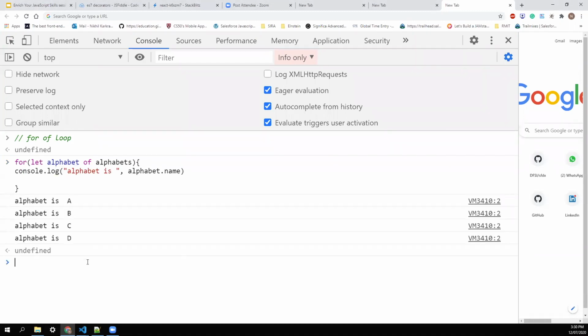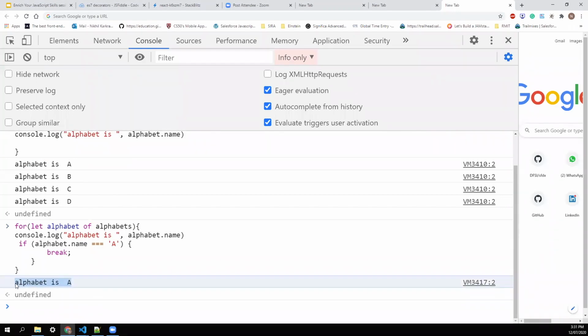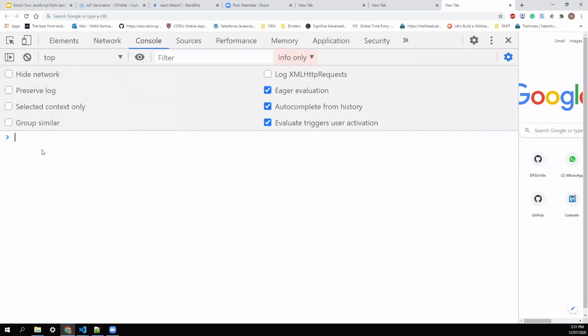And the best part of this loop is that you can break as well. So if I want to break the for of loop, then you can put alphabet dot name, whenever it becomes a, just break it and it breaks. So this is one of the most popular ways nowadays for looping an array, and the clearest way I would say. We talk more about arrays, but earlier we didn't have any approach to loop directly on an object. So we were converting an object into an array using Object.keys. But this time they introduced the for in loop that helps you iterate over the properties of an object.